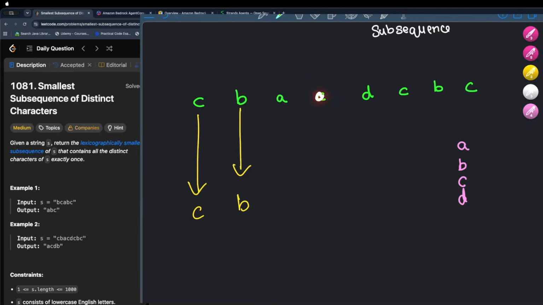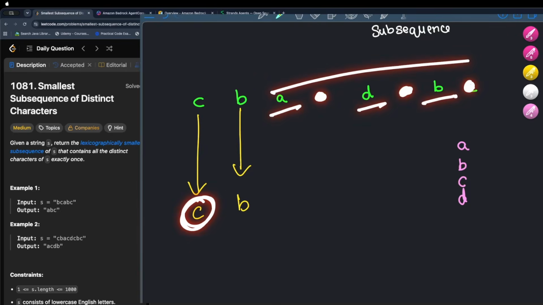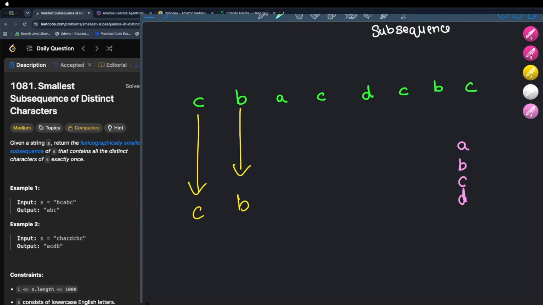But what if there is no C available in future? We just have A, D, and B. Then in this case, we will have to start with a C, right? Because we are not going to get a C later on. So that's our logic. The moment I see a B and I see a character previous to B which is greater than B,